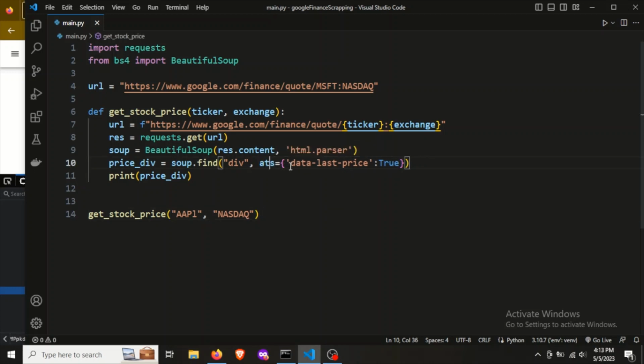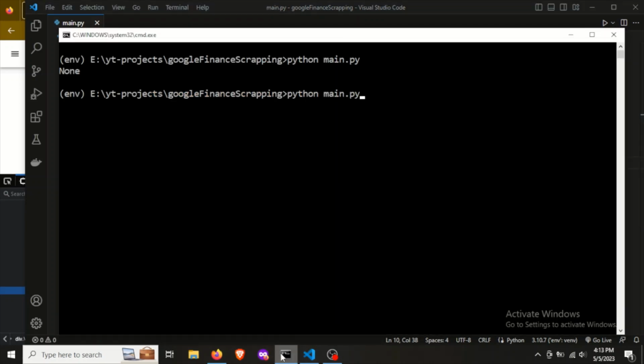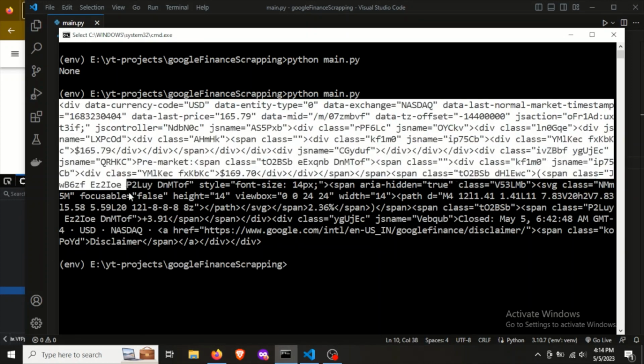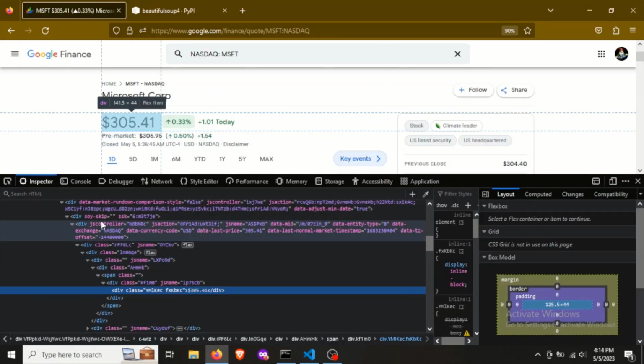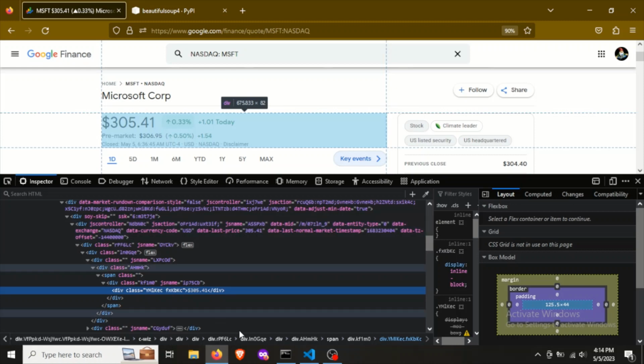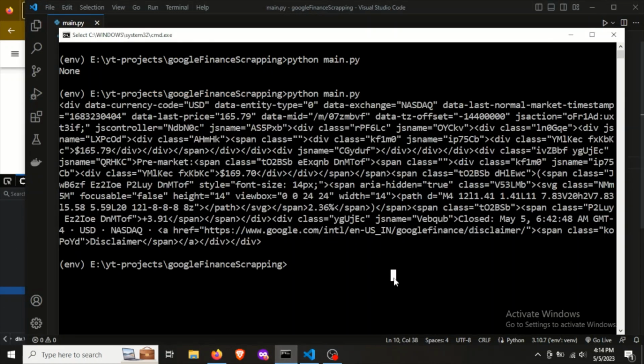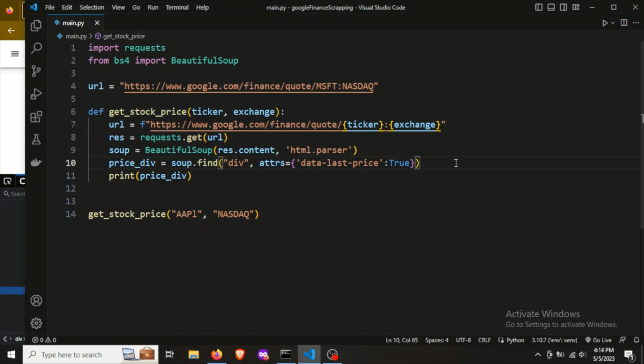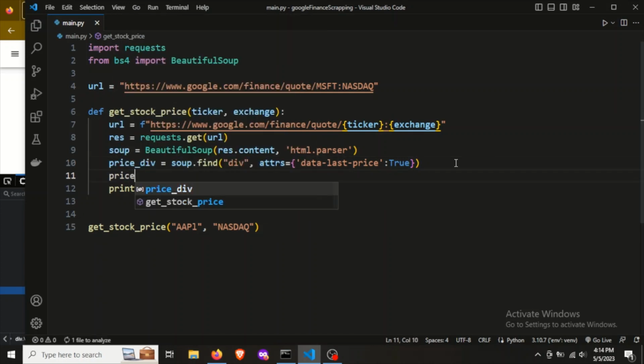Sorry, this is not this, it is attributes, like attrs. If I run this again, we have this whole div. This complete div is what we have fetched. So we have this div, and then we are going to find this data-last-price. So what I do is I say price div, give me the data-last-price, and store this